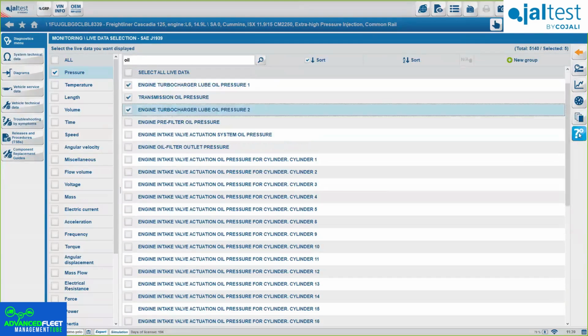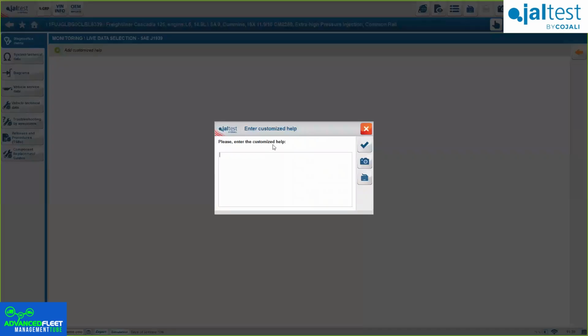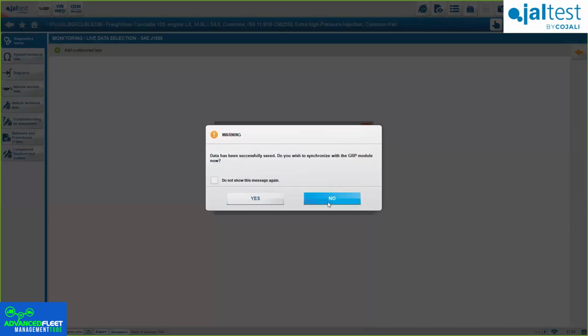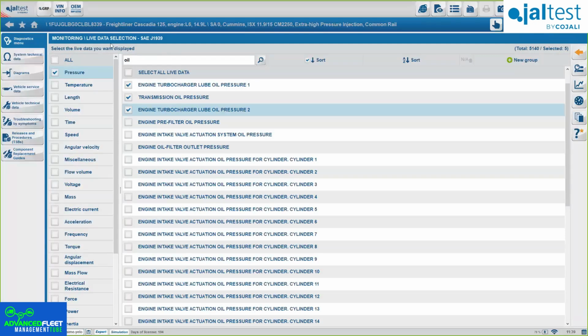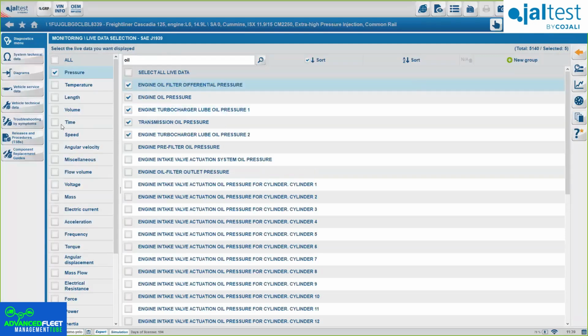And again, you can always add the option here, which is a customized help. Okay, if at any point on this truck you want to check, or that some truck has a problem with the oil pressure sensor, just click here, check oil pressure sensor, and whenever you open on this kind of engine, whenever you check the specific systems here, you will see the option of getting your customized help. Okay. Now, if we go back here,